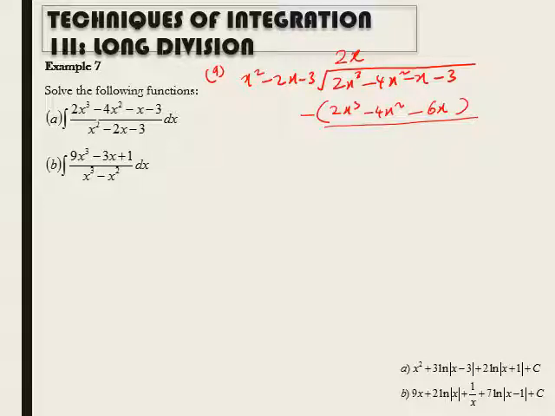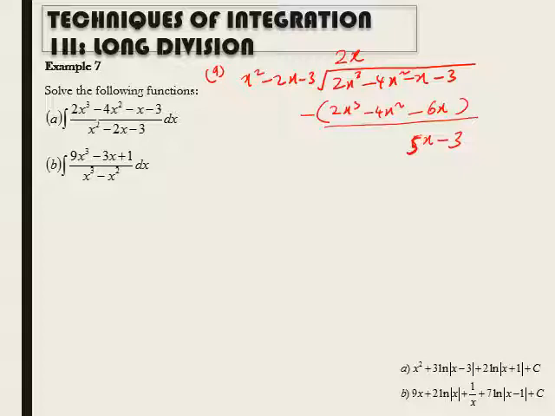Negative 4x squared plus 4x squared will be 0. Negative x plus 6x will be 5x minus 3. So that's it. You don't have to continue because for 5x, the degree is lower than the x squared. So for A,